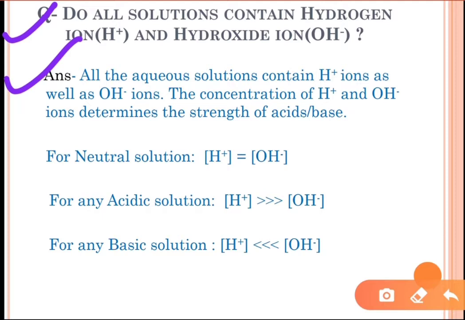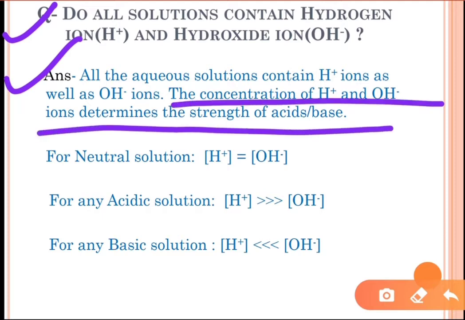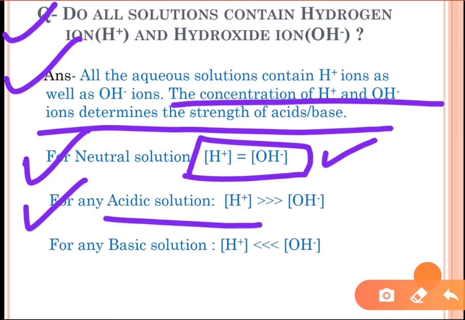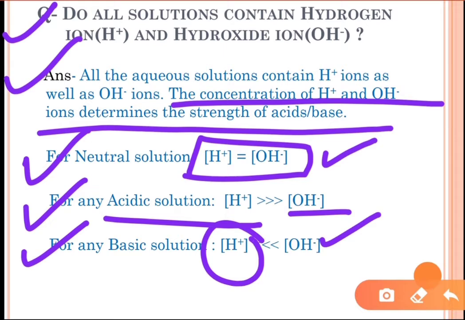The concentration of hydrogen ion and hydroxide ion determines the strength of an acid or a base. For neutral solution, we have equal concentration of hydrogen ion and hydroxide ion. For any acidic solution, we have higher concentration of hydrogen ion and less concentration of hydroxide ion. For any basic solution, we have less concentration of hydrogen ion and higher concentration of hydroxide ion. For example, we have 80% OH negative ion and